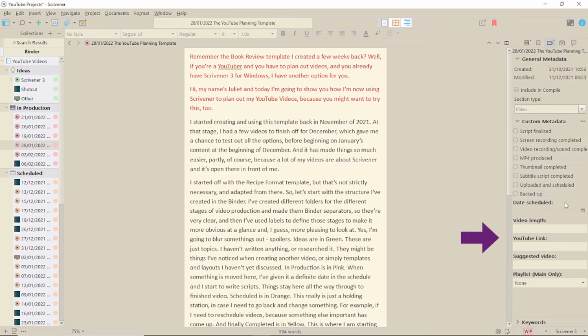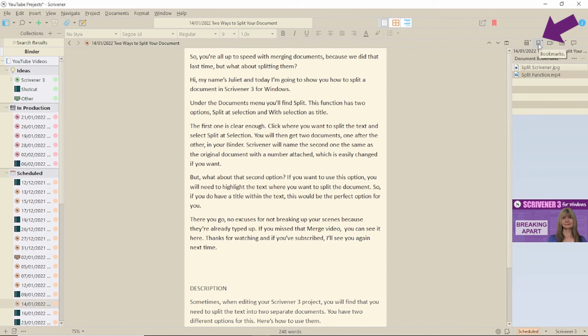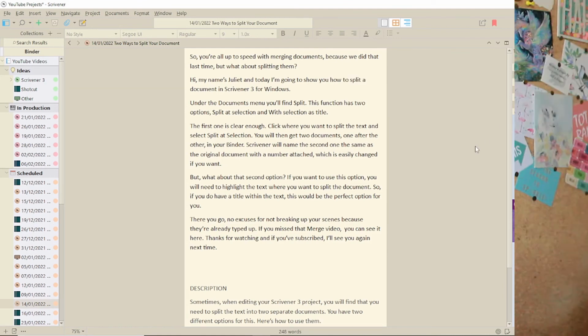Below that, I have sections for information on the specific video. If I decide what I can beforehand, it makes things easier when uploading. When I'm done, I bookmark the thumbnail and video, which means I can easily see the thumbnail if I want, and get to it and the video very easily.